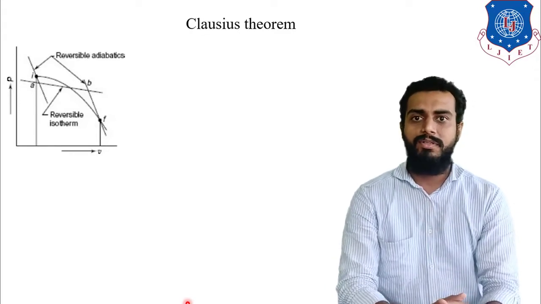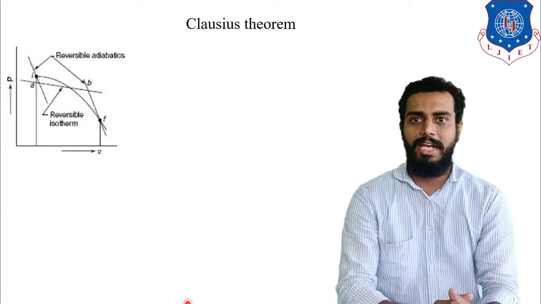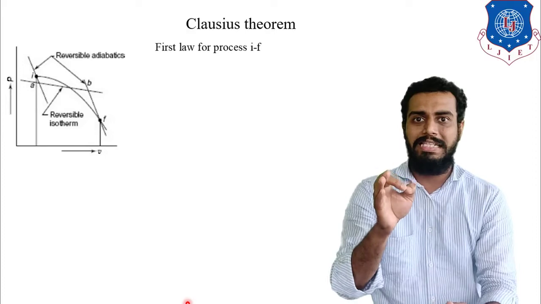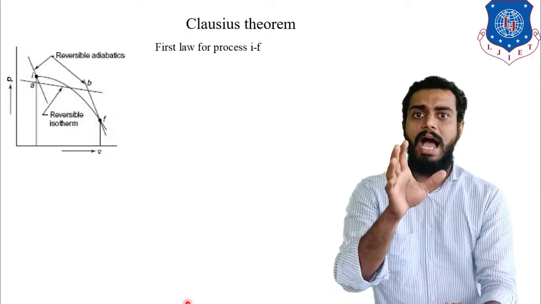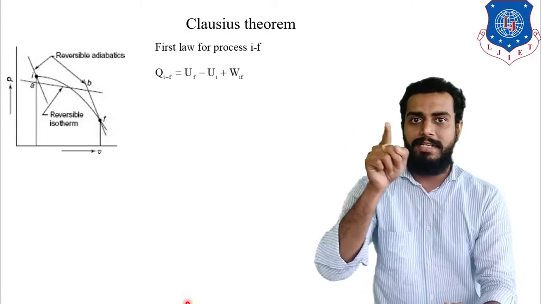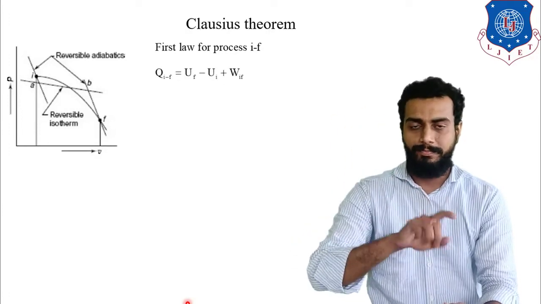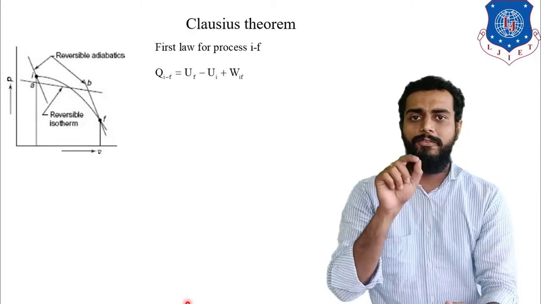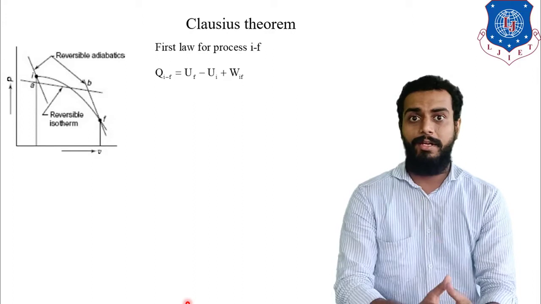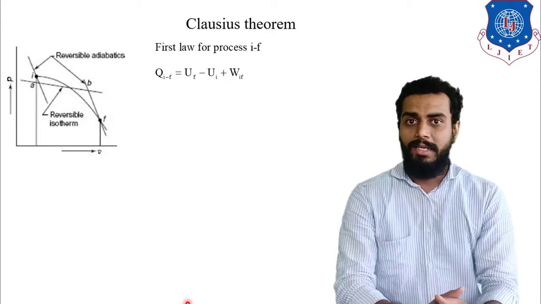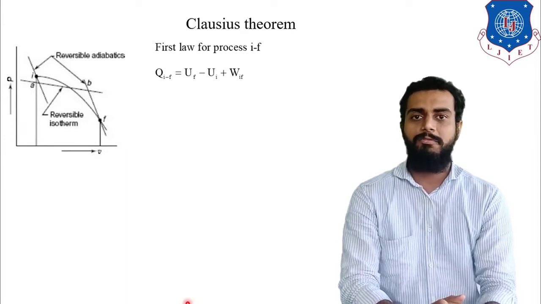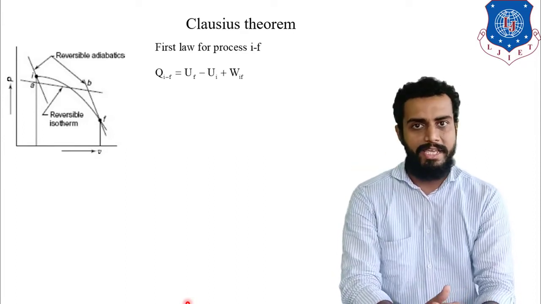So now what we will do? Simple, we will apply the first law of thermodynamics for the process I to F. Here remember one thing, all processes that are shown are reversible. So first I am referring to the process I to F, that is drawn by the inclined curved line. So IF, apply the first law, simple. Heat transfer QIF will be equivalent to UF minus UI, that is the difference between internal energy, plus the work transfer during that process, that is WIF.